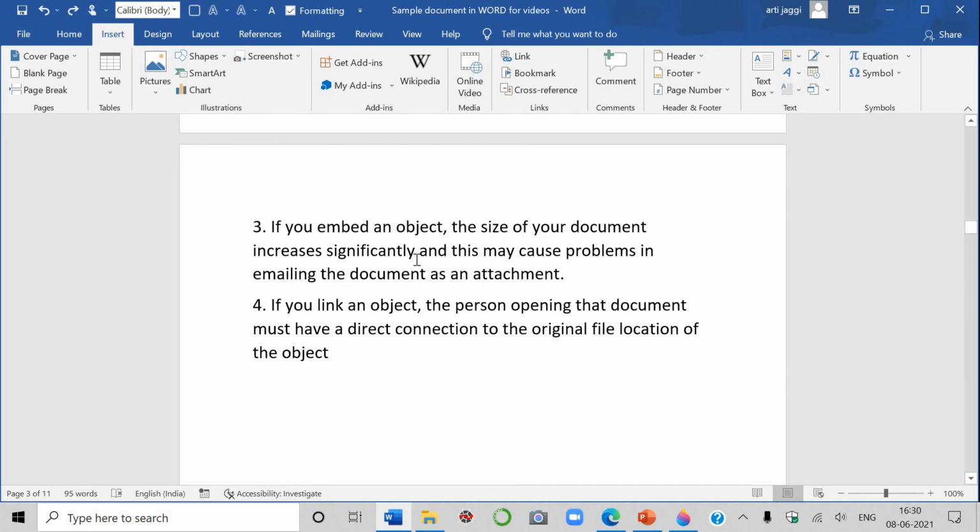Number 3, if you embed an object, the size of your document increases significantly. आपका जो वर्ड डॉक्यूमेंट है उसका साइज इतना ज्यादा नहीं होता, because text and hardly any formatting. आपने कुछ कलर दे दिया, बैकग्राउंड कलर, बॉर्डर्स, बोल्ड एंड इटैलिक्स, आपने कुछ फॉन्ट के साइजेस, कलर्स दिए, आपने फॉन्ट फेस दिया, but that is not very much, and this may cause problems in emailing the document as an attachment. अगर आप उस डॉक्यूमेंट को मेल करना चाहते हैं तो उसमें प्रॉब्लम आ सकती है, because you have embedded an